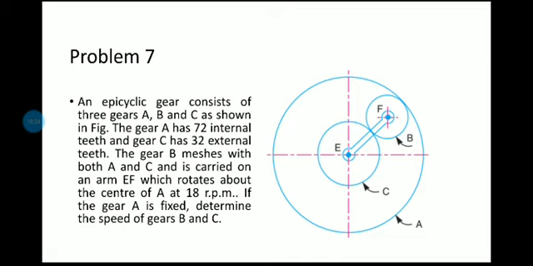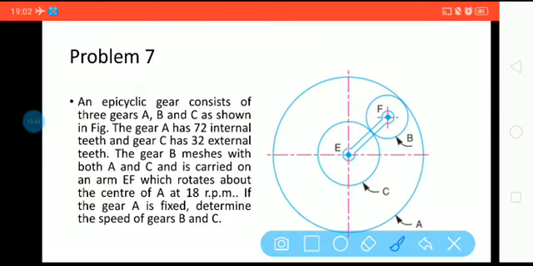So you should find the number of teeth on B. We have only 3 gears, A, B and C, but the teeth on A and C are given, so you have to find it for B. Again, you have to see the diagram and get an expression for diameter, so that the expression can be converted to number of teeth. Here, if you draw a line from the center to the circumference of A, it will be equal to